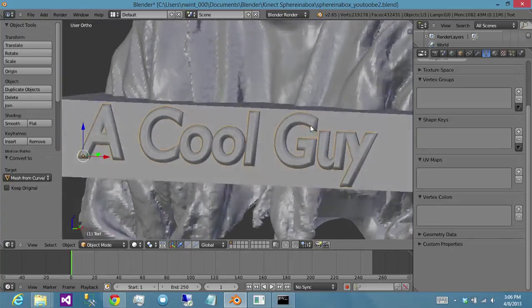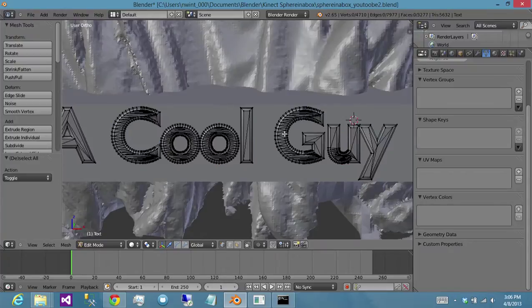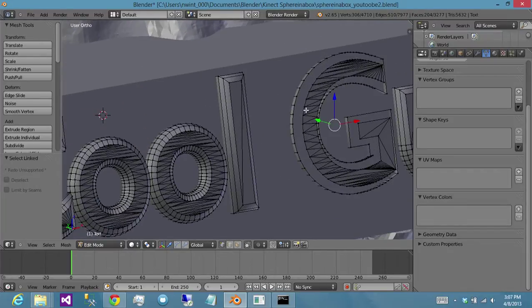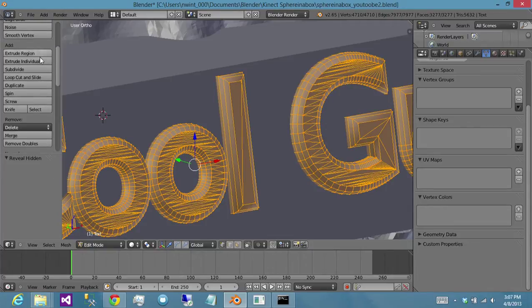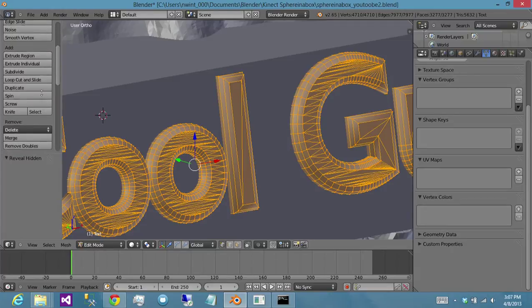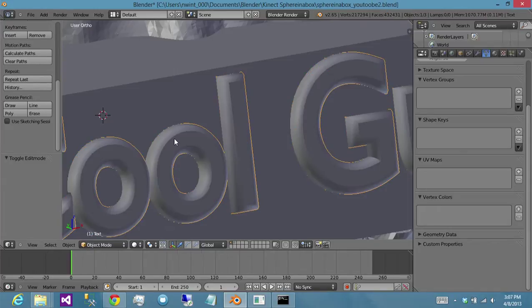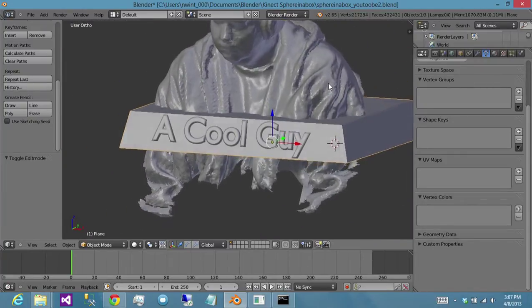Alt-C, mesh from text. So what I found out before is that when you convert text to a mesh, it actually converts it to a bunch of disconnected sets of vertices. So if I hit L, it'll select only the extrusion portion, right there. This is only the bevel portion, and then there's also the just inside part of the text only. So what I'm going to do is unhide everything, select it all, and then remove doubles, which will combine all of these vertices that are right on top of each other into the same vertex. Then I'm going to start booleaning everything together,